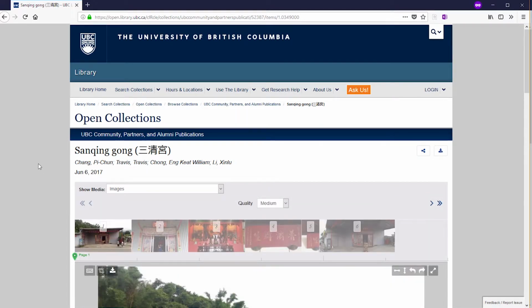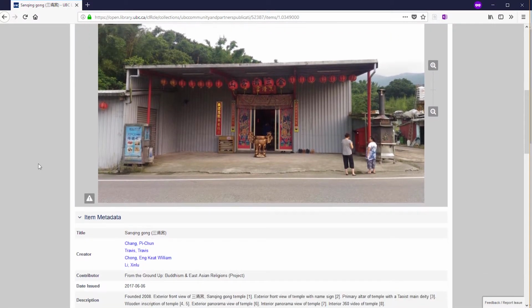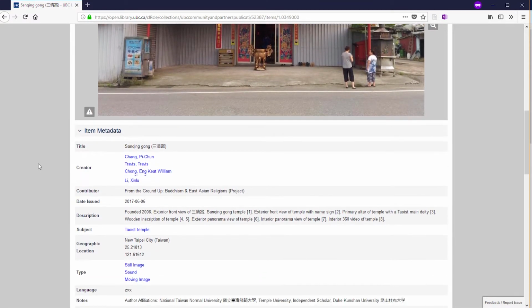In that case, the title of the record would be the overall name of the site, and you could list the individual buildings in the description. But if you have 10 photographs of each of the 10 buildings, you could create a record for each of the buildings and use the name of each building as the title of its record. And if you have another photograph that shows an overview of the whole complex, you could give that a record of its own, and in the item description, you could reference those other records.